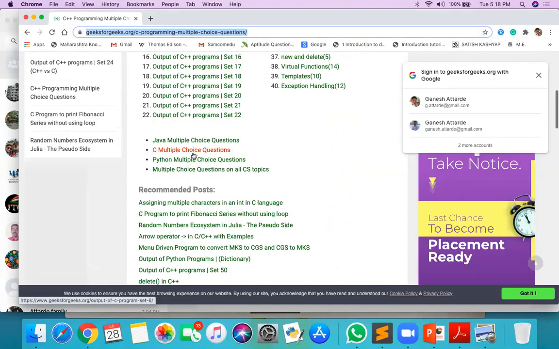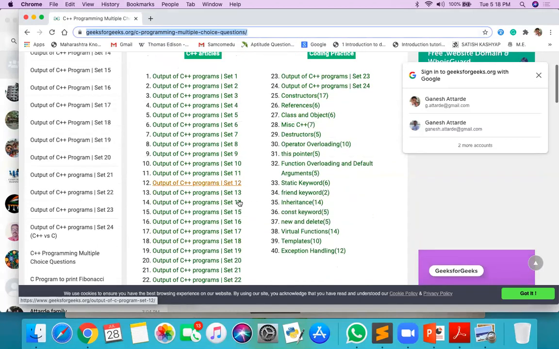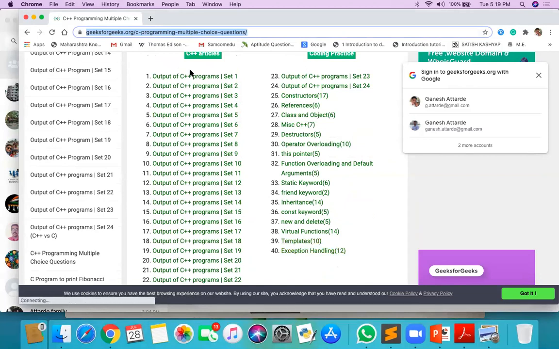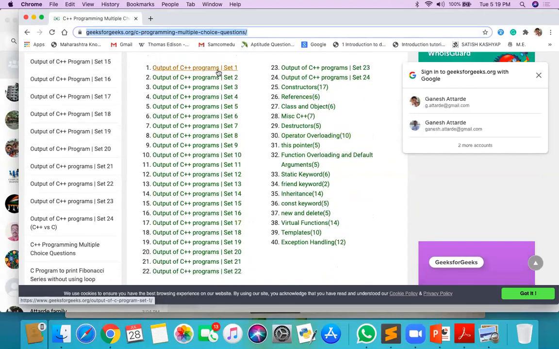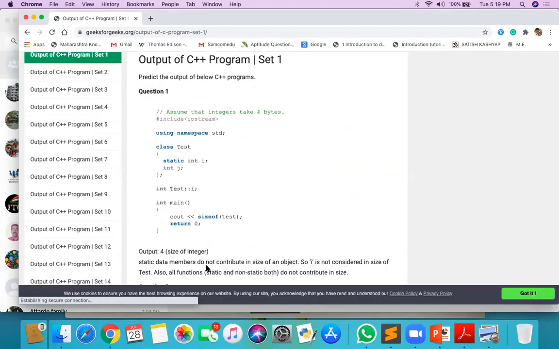Go for 1 to 40, or if you have not studied templates and exceptions, just try 1 to 30, that is enough, and try to solve these problems.